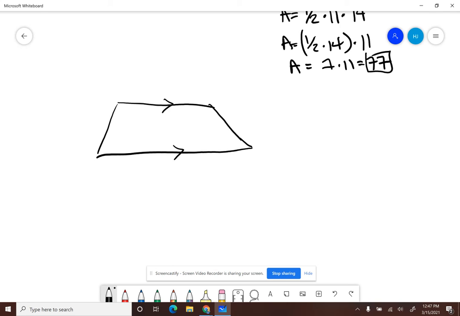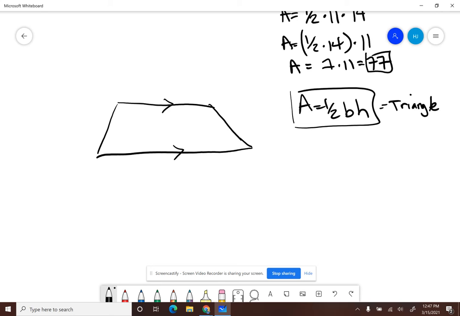And so I think about this, and I look at this, and I'm thinking to myself, well, how in the world could I use area equals 1/2 the base times the height? How can I use this formula for a triangle to help me with a trapezoid? Well, again, just a few minutes ago, we took a square and we drew a line in it, and we said, okay, a triangle is half that of a square. Well, let's see if we can do something similar right here. So watch what happens here. What if